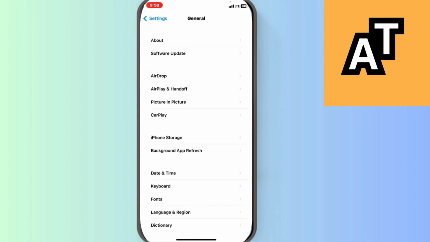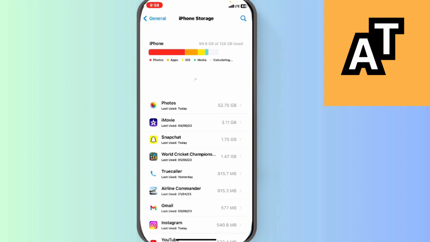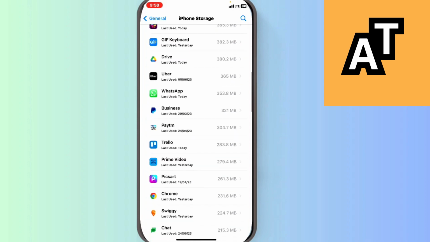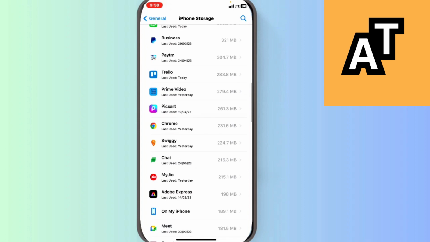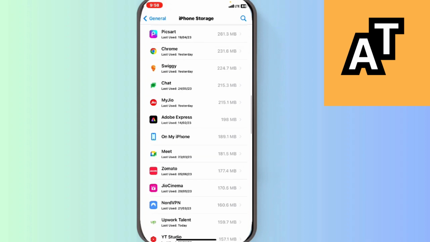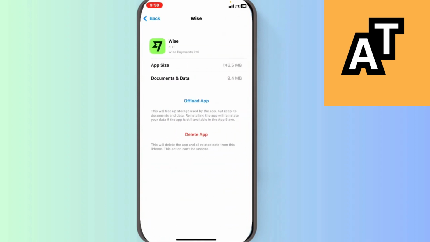And in general settings, you will see iPhone Storage as an option. So click on that and scroll down. You will find your Facebook account here. There are several apps in this, like Swiggy, Chat, MyJio, Adobe, Chrome. So if you have Facebook installed on your phone and you're using the Facebook application, you will see that application here. And then suppose this is Facebook, I will have to click on the Offload App option here, or I can also